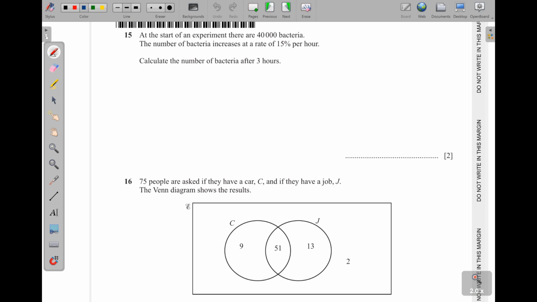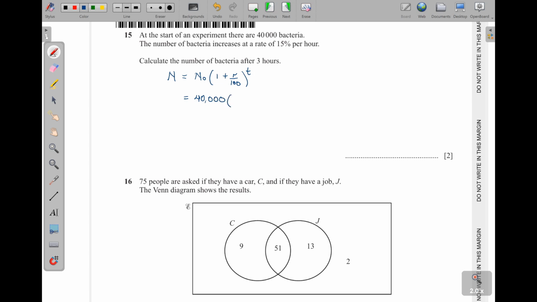So for exponential increase and decrease, we use this formula, just like the one for compound interest. So n is equal to n naught times 1 plus r over 100, all to the power t. Now, this is exponential increase. If it is decrease, then we can put a minus here, okay? So here we shall have the 40,000,